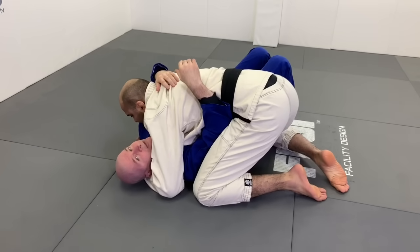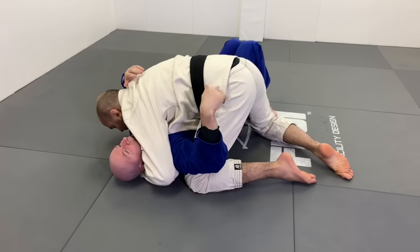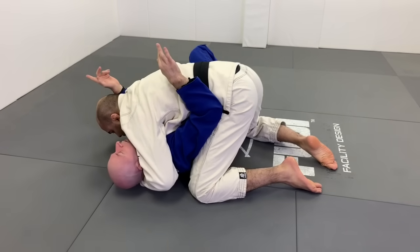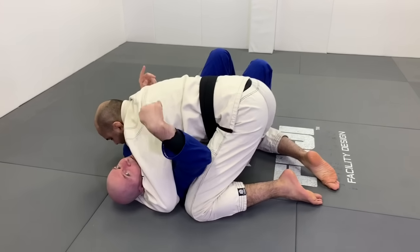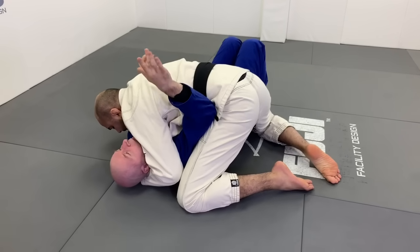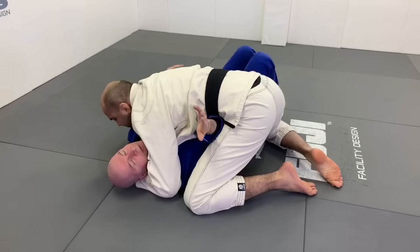I got good news for you. That's usually pretty easy. If my opponent has shut my elbow out and I cannot get my elbow in, then it's okay to turn away from our opponent just briefly to get the elbow inside. If he brings his knee in super tight to my body and I physically cannot get my elbow in, I